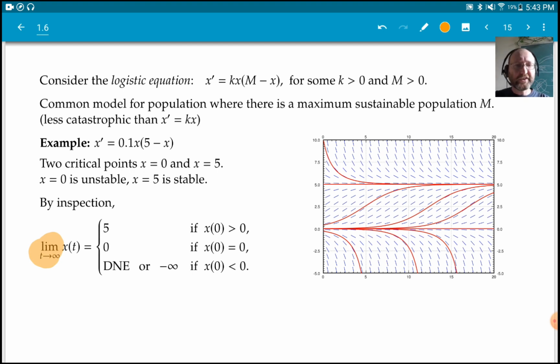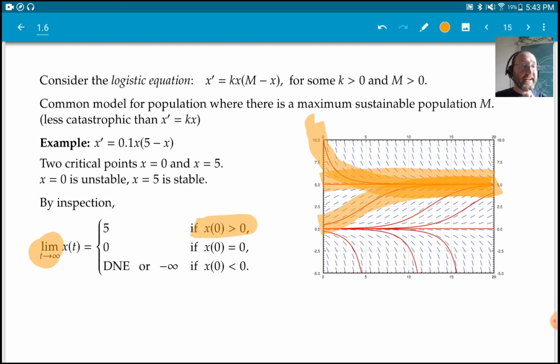So if I start at something between 0 and 5, I end up at 5. If I start at 5, I clearly end up at 5. If I start at something bigger than 5, then I end up at 5. So basically, anytime I start anywhere positive, eventually I'm at 5, no matter what, because if I'm between 0 and 5, I keep going up and I approach this equilibrium. And if I start above 5, I go down,